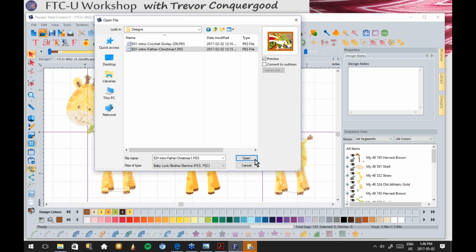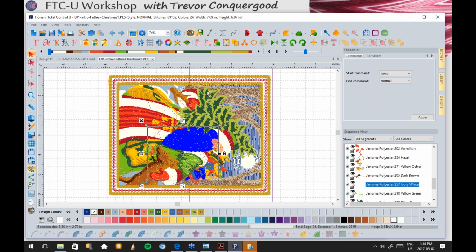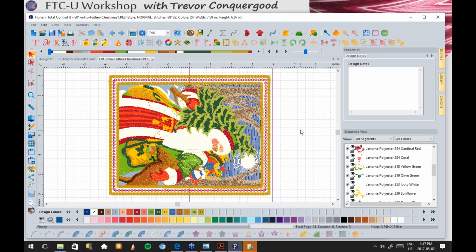That said, you've got a beautiful design, you want to make size changes to it, this is the way we do that. So we'll learn more about that, but for now, let's just open the Father Christmas and show. Okay, so now you've got this design, and again, it's not grouped like it was over here. When I open a design, and you don't tell it to convert objects to outlines, it simply makes